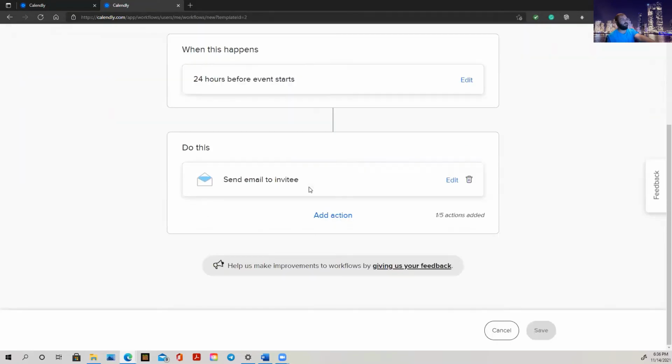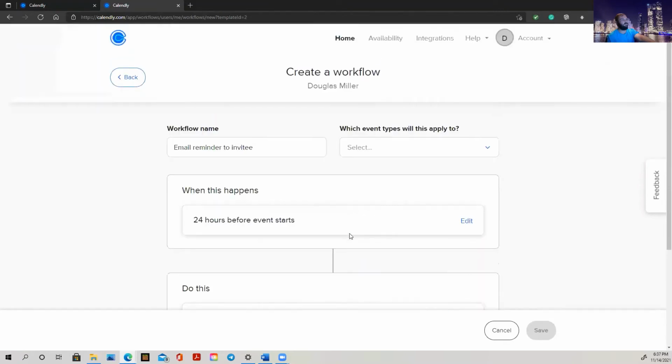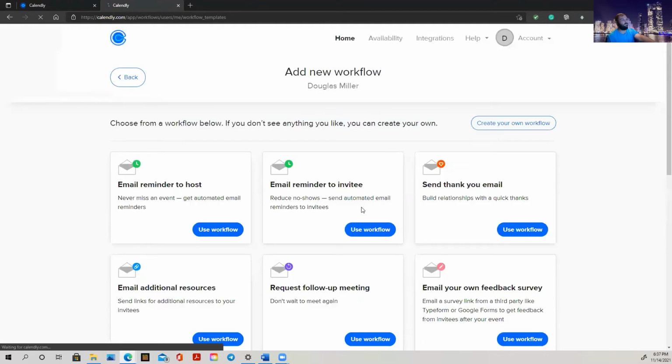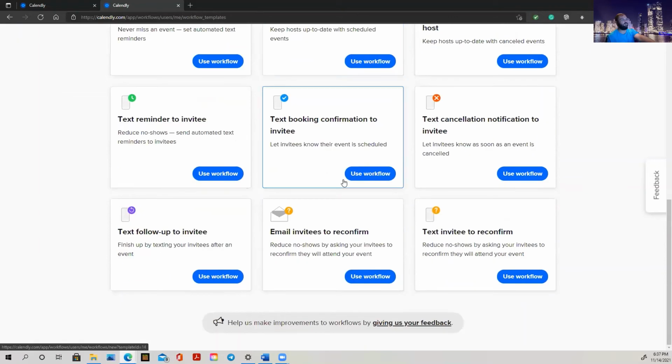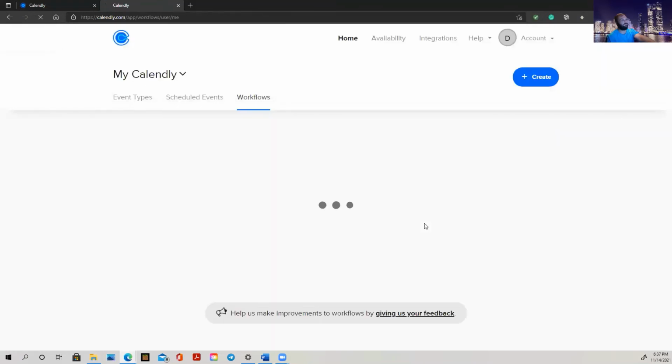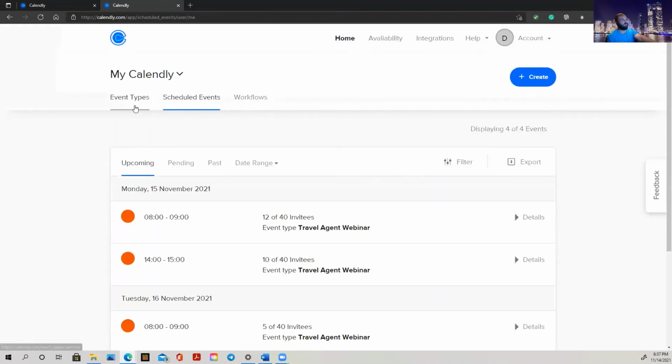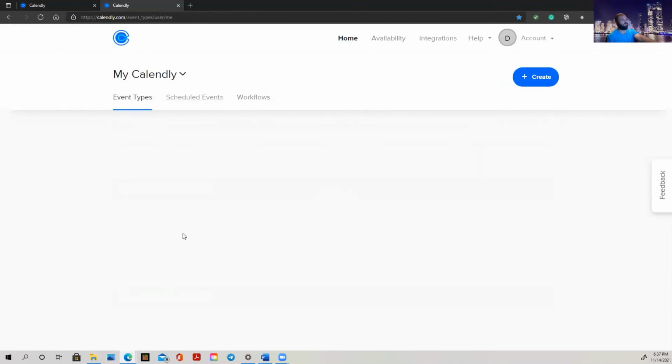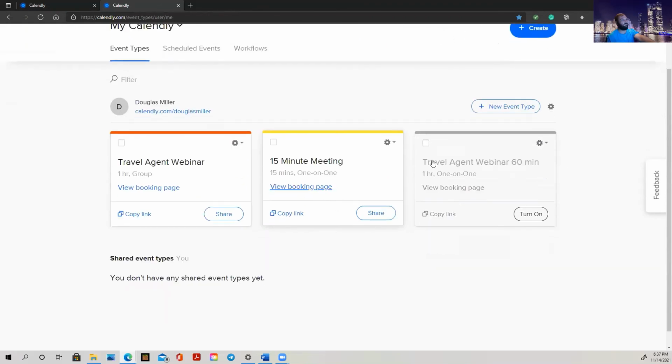And this one you can set up same thing as before. And this is what it's going to look like when you first click on this. And you can do create your own workflow too. So your email reminder, your thank you. This is going to be your 2 that you need to get to 3. And then you can go in here and you can look at scheduled events. You can see this is your schedules. I disabled this one because I got confused. So just make sure you remember which link you're copying. This is going to be your link